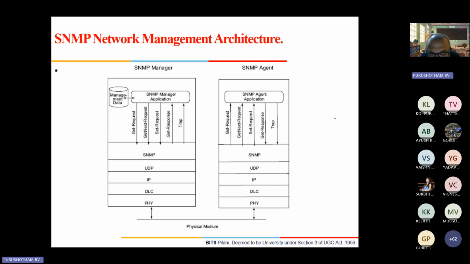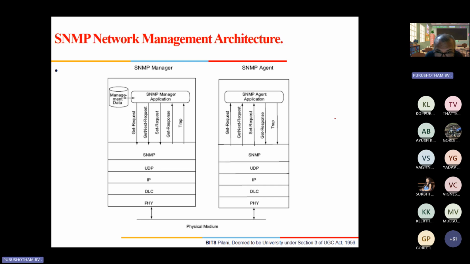So in order to transfer the PDU, protocol data unit, you should have a network, correct? Now you will have a physical layer, data link layer, internet layer, transport layer, then the application layer. So where is SNMP now? SNMP is a protocol, so obviously it will be an application, and sits in the application layer. Well, it's based on the internet. No, I told you 1990 this was introduced, and the internet was the major thing for which it is adopted.